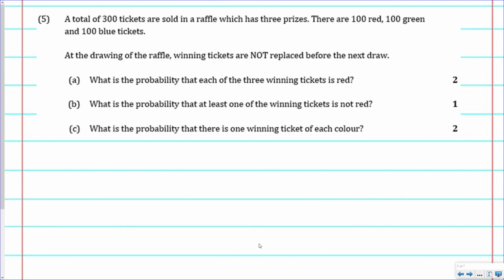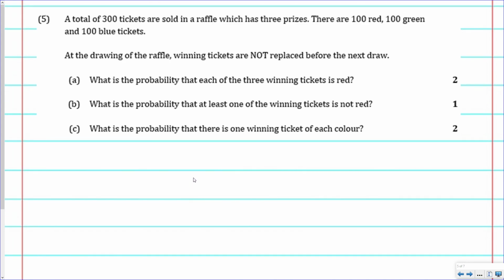Alright, going to question 5 now. And I'm actually going to do this question twice. I'm going to do this once in a fairly quick way without using a tree diagram, and then I'm going to do it again with a tree diagram. Although the second time with a tree diagram, I'm not going to do the whole question again. I'm probably just going to talk about drawing a tree diagram. So,